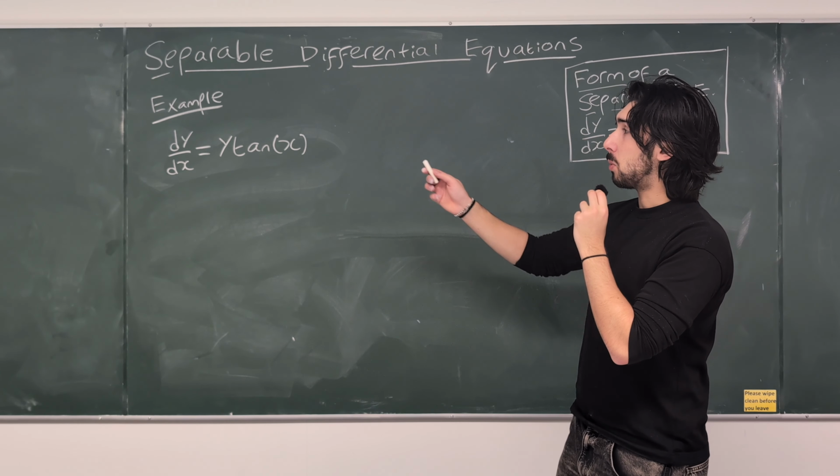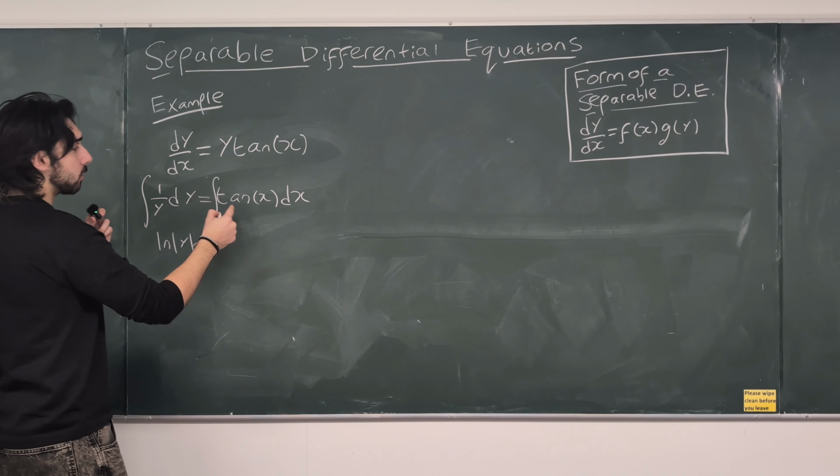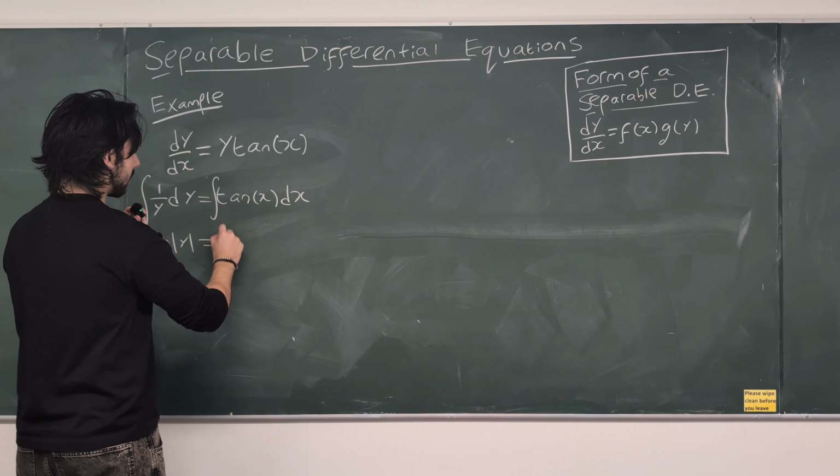Again, chuck an integral sign in front of both of them. Integrate. This is going to be the natural log of the absolute value of y. The integral of tan x is not too common, but it's actually the natural log of sec x. Okay, that's what tan x integrates to. And then we've got that plus c, and then we can exponentiate both sides, so e to the power of